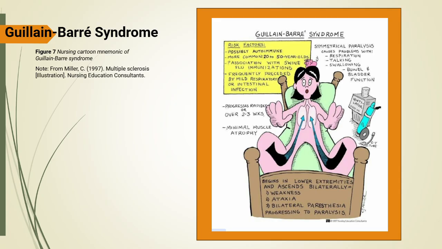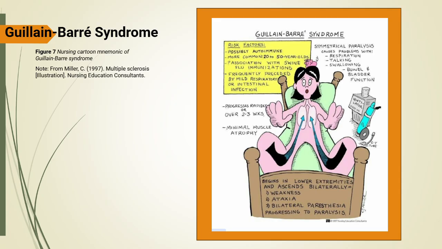However, it's important to clarify that routine vaccinations today are safe, and the risk of Guillain-Barré syndrome from vaccines is extremely low, much lower than the risk of developing Guillain-Barré syndrome from infections themselves. Guillain-Barré syndrome is most common in adults older than 50, but it can occur at any age.